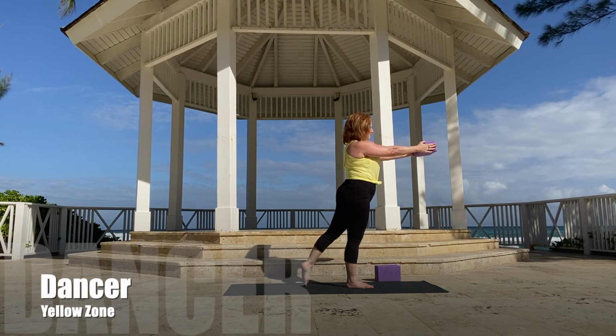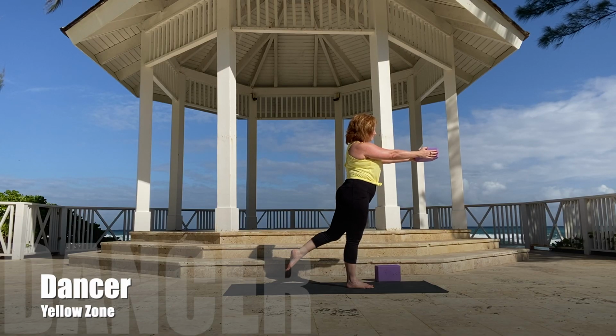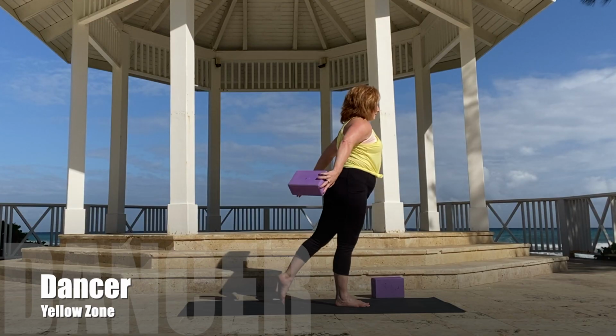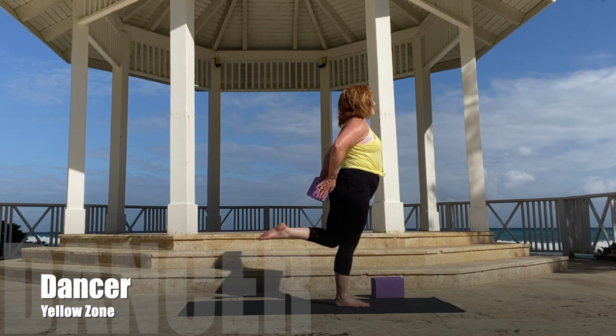These are setting us up for bigger versions of the posture if we'd like to move forward. In the yellow zone, we'll hold on to the block and see how we feel to take the leg behind us. Notice the knee is not matching the other knee, it's slightly behind it in hip hyperextension. We can also see how it feels to take the block behind us, which is going to be surprisingly challenging